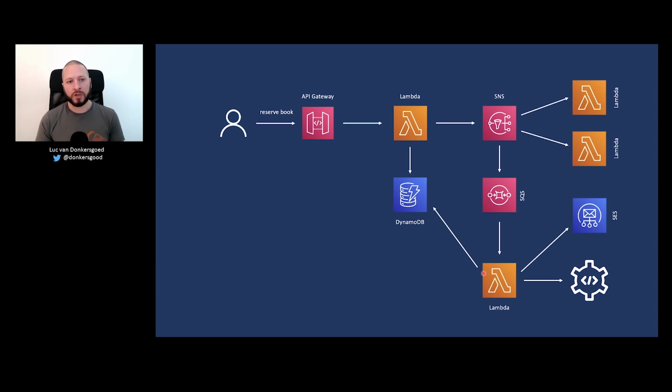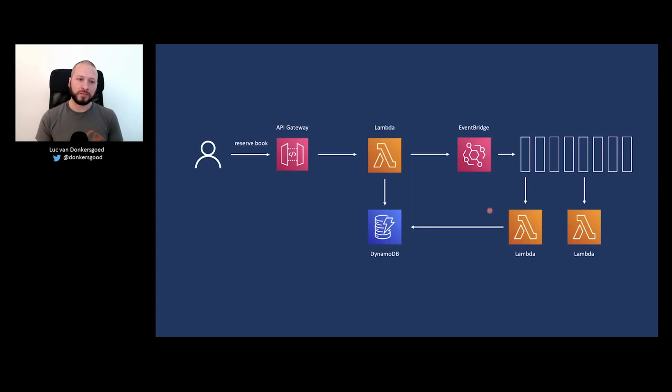Now this is a good solution when all of these Lambda functions are within your responsibility domain. So you control this Lambda function, you control this Lambda function as well, and the SQS queue and this Lambda. So you know all the processes that are there, and you know how to perform updates on them. But if you have more downstream processors that you do not control, for example, other teams processing this message, or you do not know which processes will be handling these events in the future, a better solution might be to